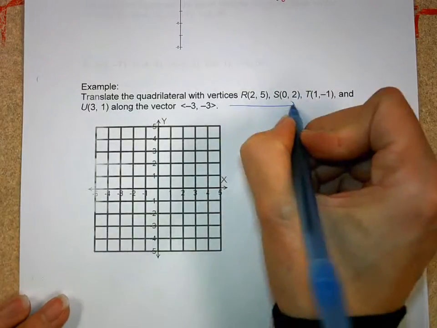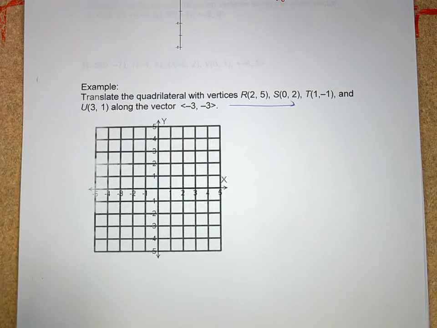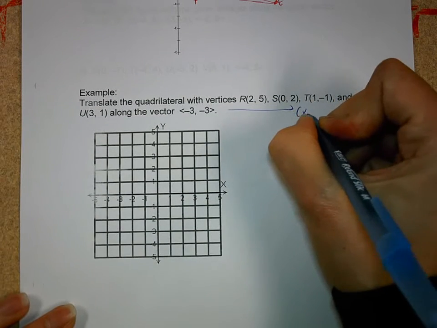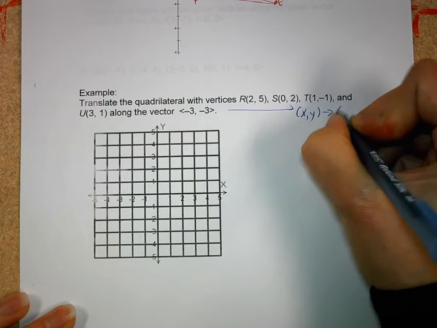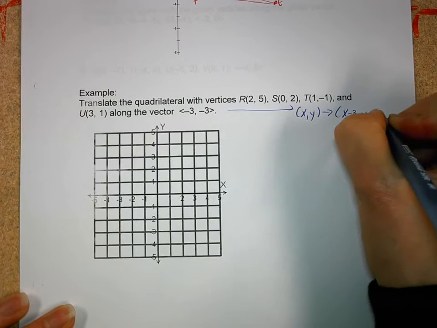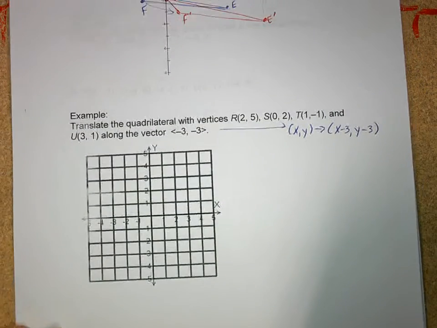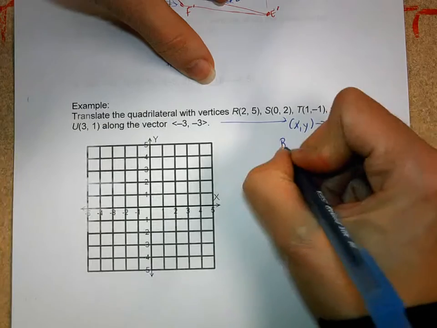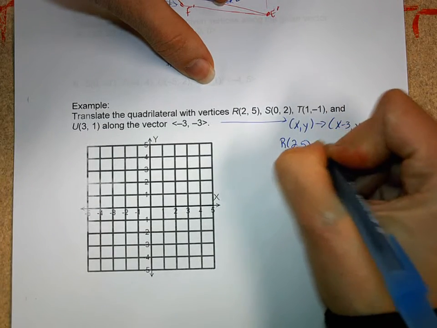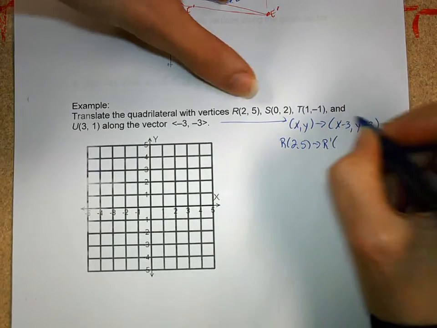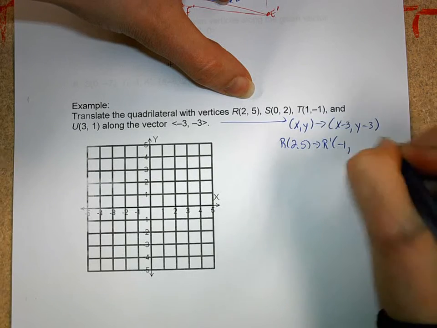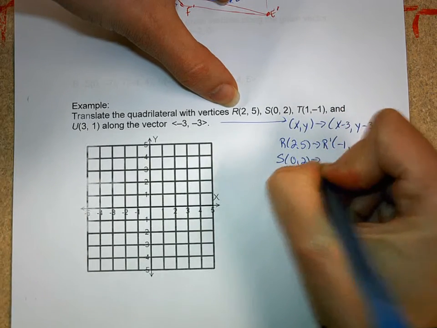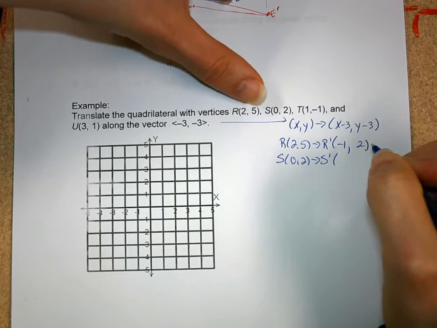So if I'm using this, -3, -3 is my vector. That means I go 3 to the left and then I go 3 down. So my mapping for this is (x, y) goes to (x - 3, y - 3). Does that make sense with our mapping and arrow notation? So I'm going to plug it in real quick. R's at 2, 5. So R prime is going to be at -1, 2. S is at 0, 2. S prime is going to be at